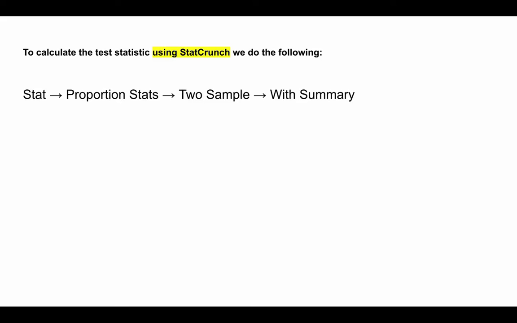Now, how do we do it with StatCrunch? It's a bit easier with StatCrunch, and so you don't have to worry about making a computational mistake or a calculator error if you do it this way. If you want to do it both ways, you can double check that you get the same numbers or super close numbers. Now to do it, we go Stat, Proportion Stats, Two Sample, With Summary,